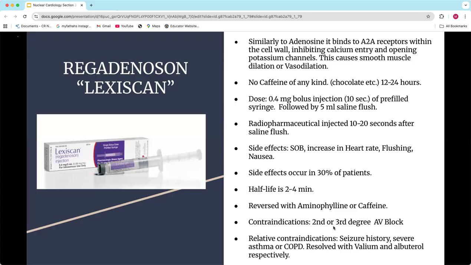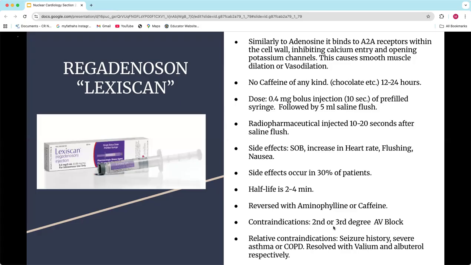Now, I understand that in a lot of your departments, you're going to have an EKG tech coming in and checking all this out. If it were me, though, I would still take a peek at the EKG and try to see those, and get used to what a block looks like, because you could have a new EKG tech that day. You can cause some severe heart issues. You can cause their rhythm to go off. You can cause them to actually go into cardiac arrest if you're giving it to them when they have a block. So it can be scary.